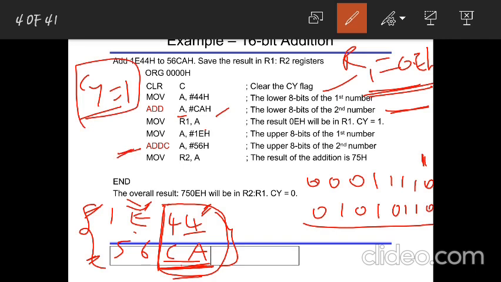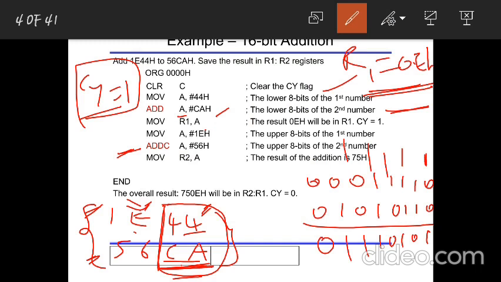If carry is equal to 0, it will take that carry as 0, so it will add a 0. If carry is equal to 1, then it will take it as 1. Is that fine? So now we'll add this. When we add this, we get 1 here, and then 0, 1 carry, then 1, 1 carry, 0, 1 carry, 1, 1 carry, 1, 1, 0. Okay, is that fine? So this is the binary addition. So now we'll see the result.